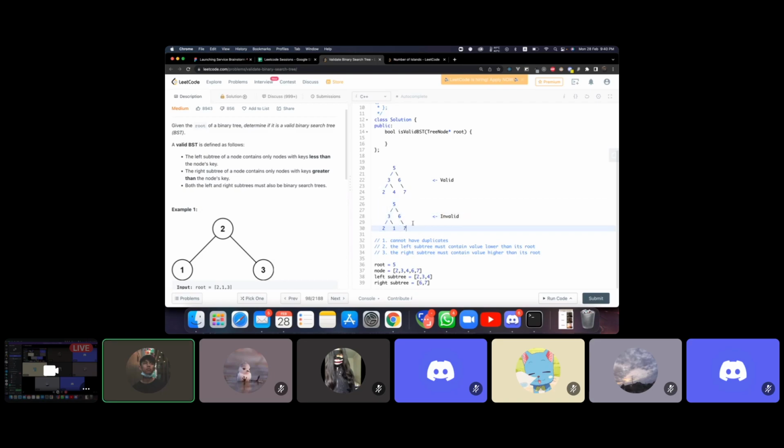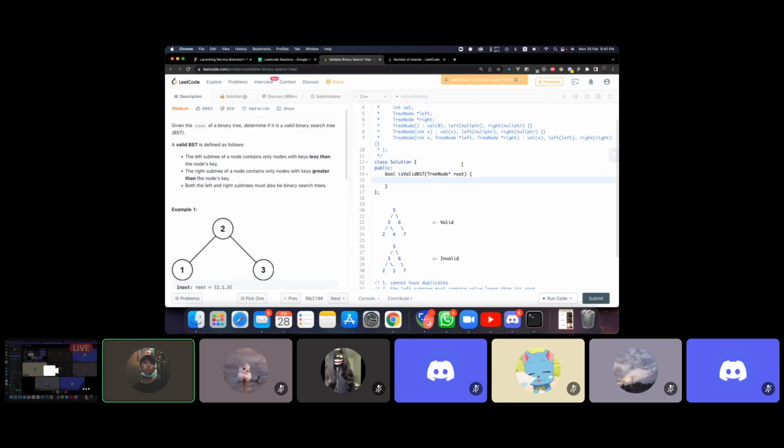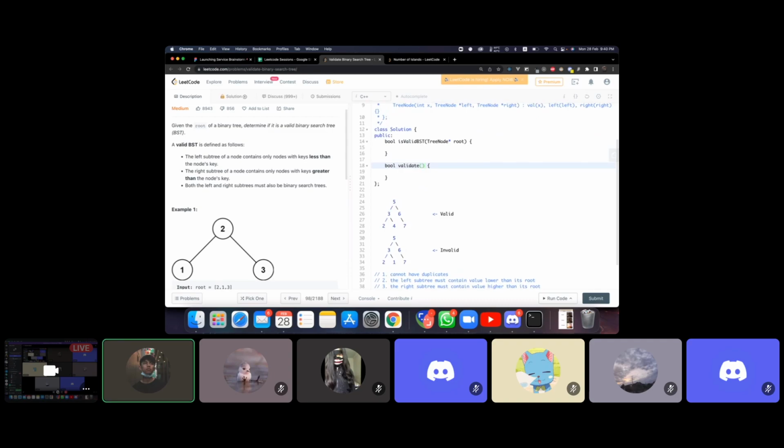So basically this is what we'll do with the depth first search. It's not that hard to understand. It's just the part where we have to implement it. In order to do this, we're going to use recursion. I'm pretty sure there's a way to do it without recursion, but it's much easier to understand the recursive way. The code is much simpler. So I'll first define a function. That function will validate whether a given node is valid or not. For this one, I'll have to take in the